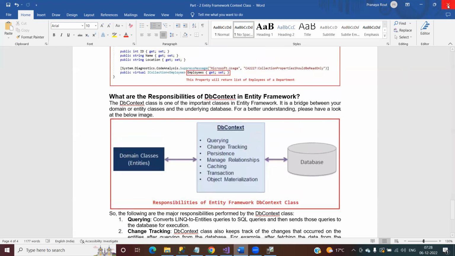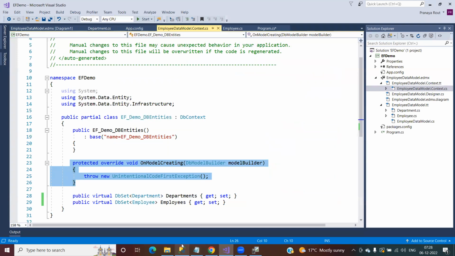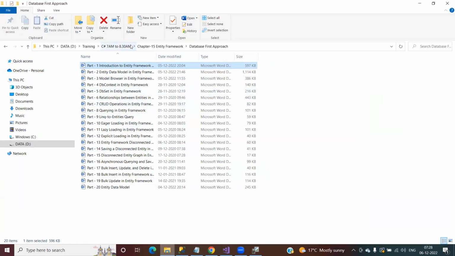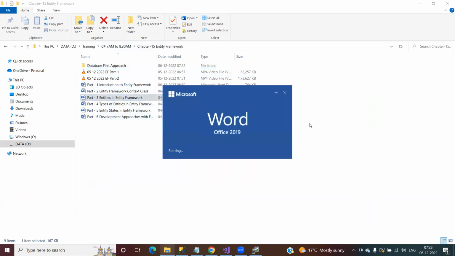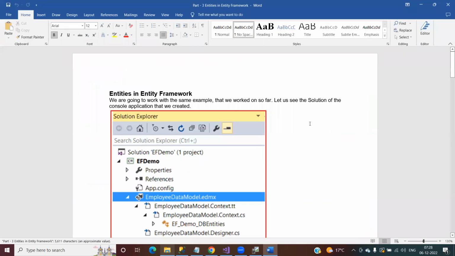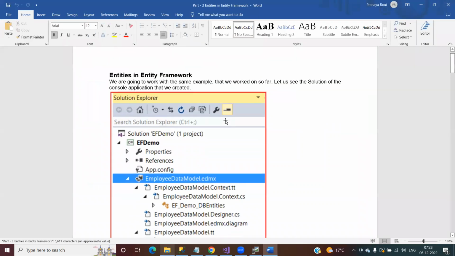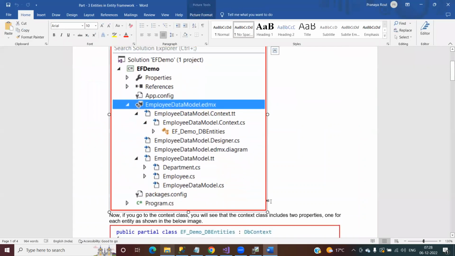Yes. Okay. So this is all about your context class. Next one is entities, right? Few small concepts. Let us try to cover those today. So, if you remember,